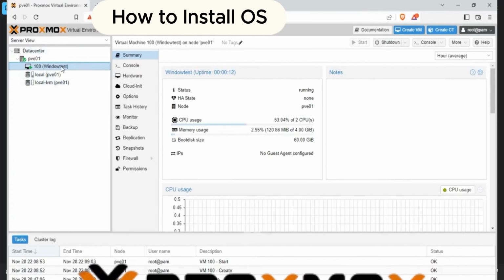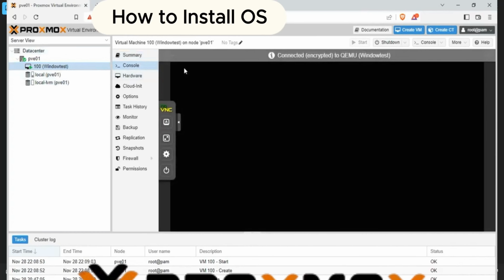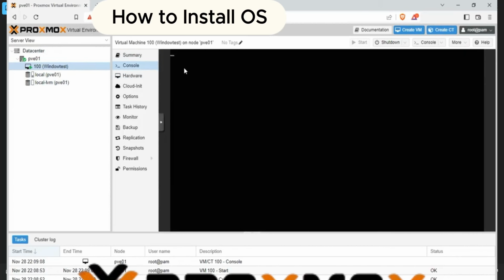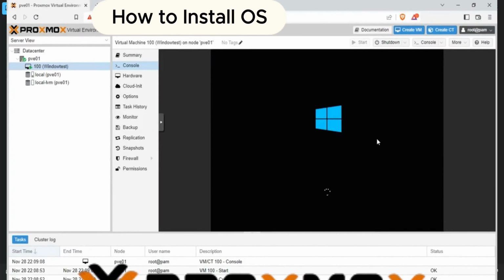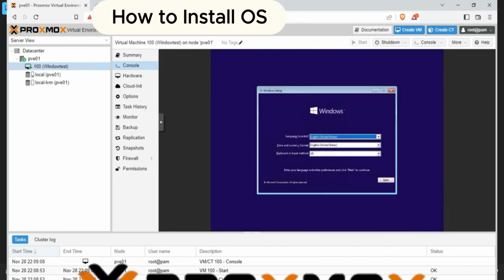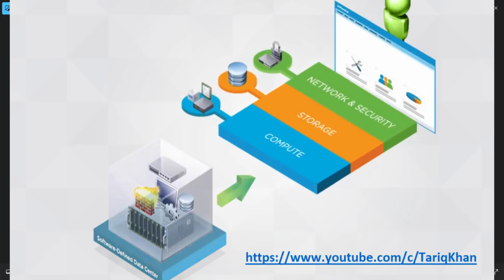So here we go with the deployment of the virtual machine. For that purpose, we just need to connect to that virtual machine's console. And here we go with the console option. Now the installation is initiated, and as we install this operating system inside our laptop or any virtual machine, we just need to select those specific options, then go with the next option. So the process is really simple for the creation of a virtual machine and for the deployment of an operating system inside any virtualization platform. You just need to remember and think about the three major domains: the compute, the storage, and networking, and that's it.